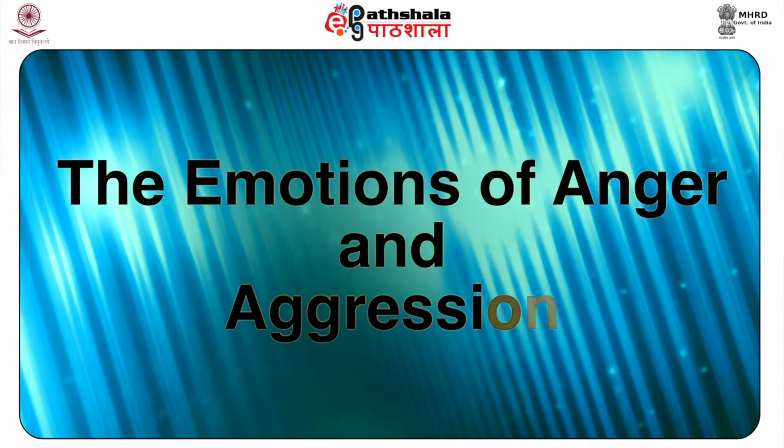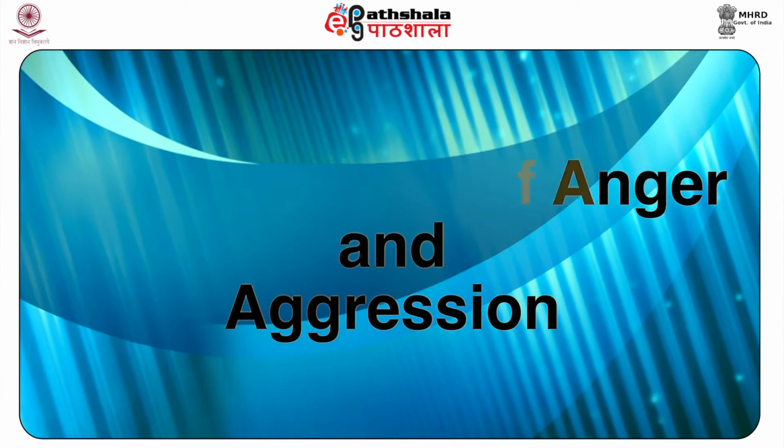Let us now understand the emotions of anger and aggression. Aggression refers to the behavior that can result in physical or psychological harm to oneself, other, or objects in the environment. Species typical aggressive behavior includes the pattern of movements that are genetically determined, including posturing, biting, striking, hissing, etc. in animals. These are largely controlled by the neural circuits in the brainstem.